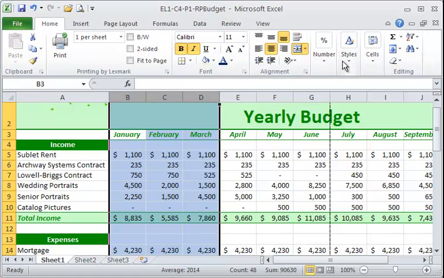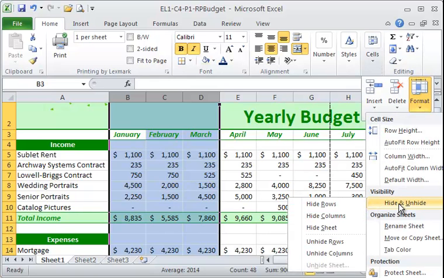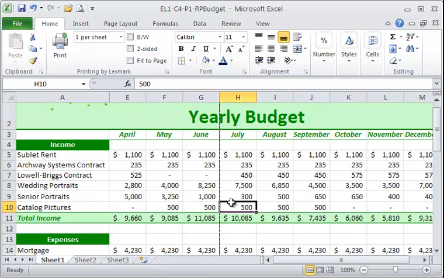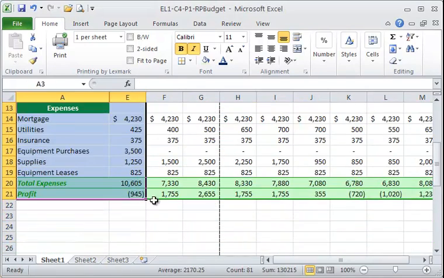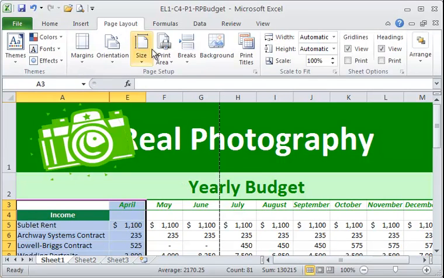Go back to your Home tab, Cells group, and then Format, Hide, and Columns. So we've hidden everything, starting out with April though. And then we're also going to, now we can set the print area for the income and then starting with April. So we're just going to select A3 through E21. So A3 through E21. So now we can just keep that as a print area